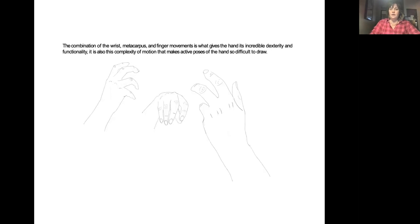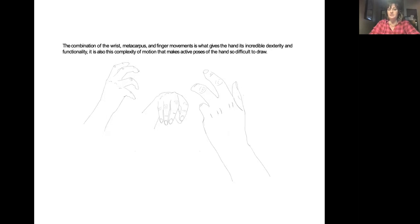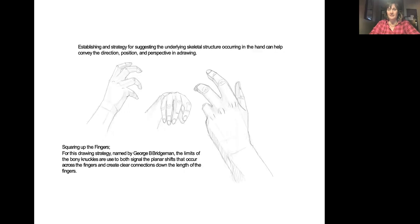So here is the hand where we've just drawn the contour edges of the form. Here, same three hands. These are accurate, but they look a little unstructured, a little broken. But if I add planes that help show the transition from the top plane of the hand, where we see the top of the knuckles, and the side plane, and how light finds it differently, all of a sudden,